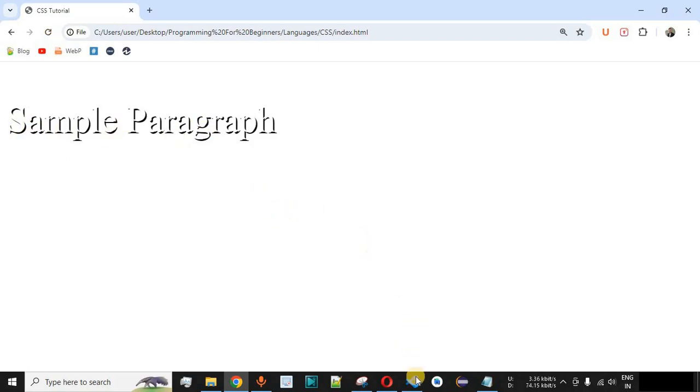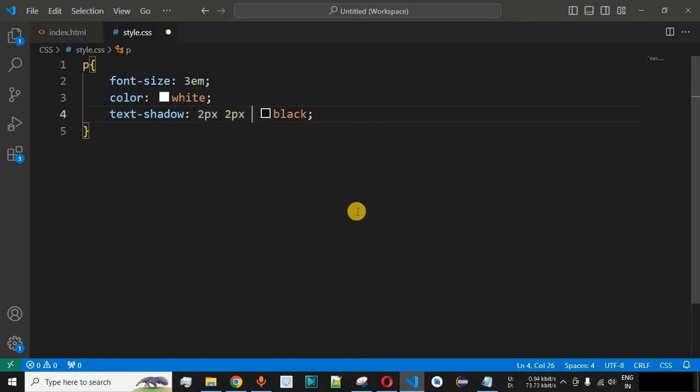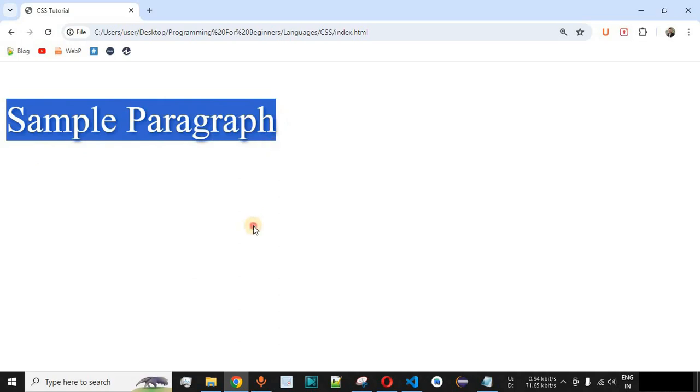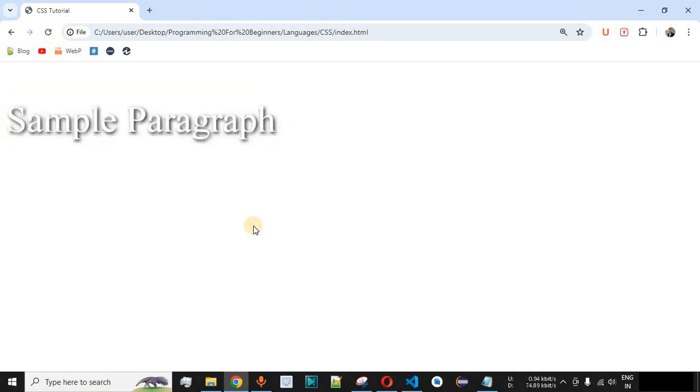So basically we can also add the blur effect over here. Before the color and after the vertical shadow, simply we can provide 5 pixels of blur effect. Let me just save this file now and try reloading this page once again on the browser. So as you can see, it is looking more beautiful now. We can see that the text is coming on top and we are having the text shadow as the black color behind the original text, which is giving it a 3D look over here. So guys, in this way we can have the white text with the black color shadow, which can be displayed on the web browser.